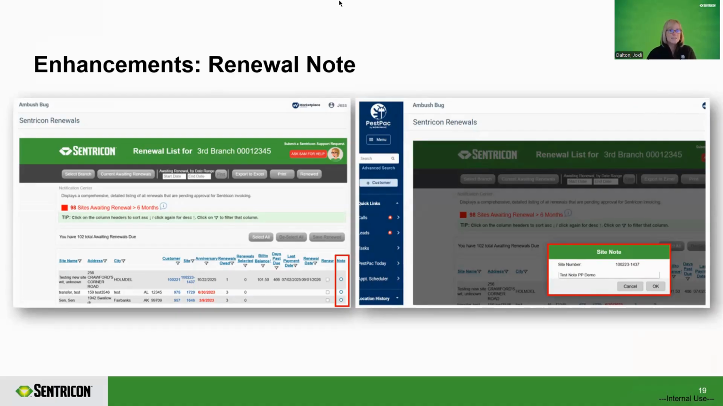One big enhancement that we have added, and this is upon request, on your renewal page, we have added the option for you to make a note for a specific site. The way that's done is you can put in a request at Sentricon Customer Care, let them know that you want to add the note function in your renewals. And what happens is